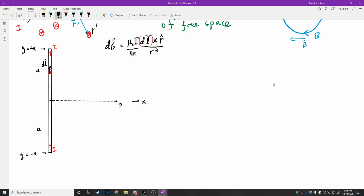And we need to have a position vector. Our position vector is always drawn like this. You go from the current element out to the point P. That's a position vector, so we're going to label it as r. This side is going to be x, and then this side is obviously going to be y. And it's a right